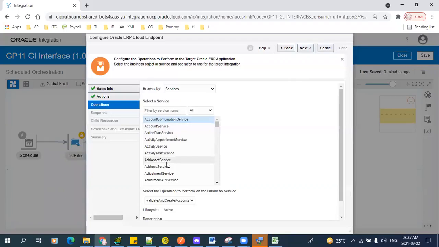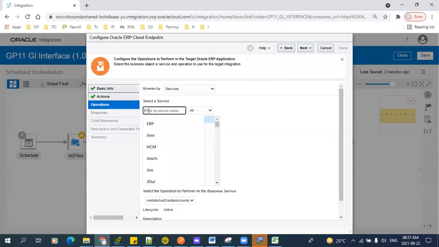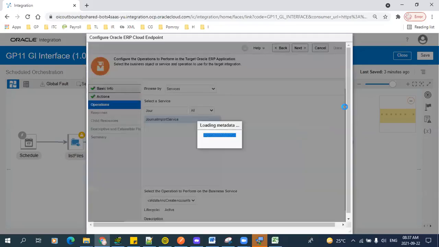These are your web services, the same as in your OER; the same business entities you can see here. Now search with journals. This is the journal import service. When you select it here,